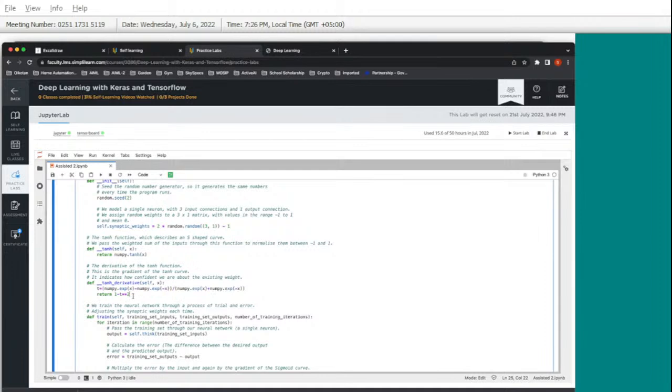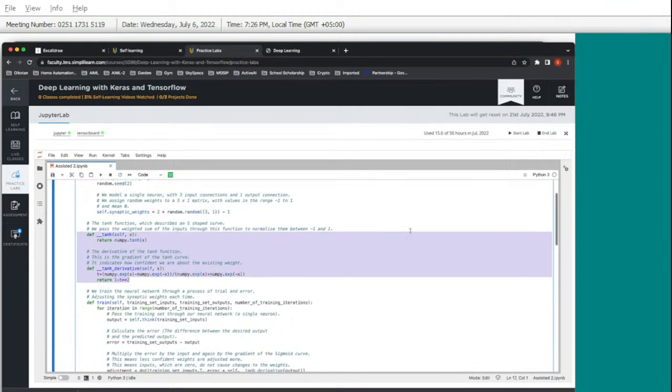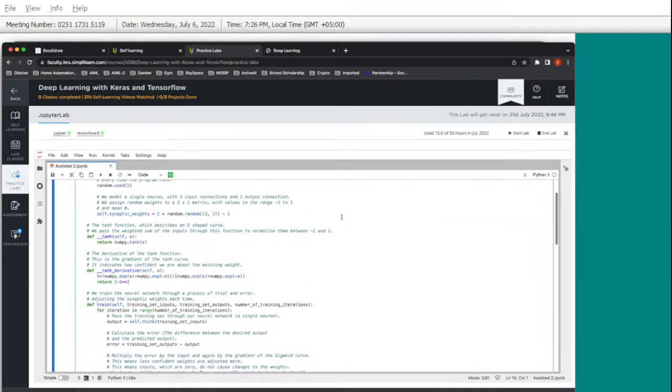So where did we do aggregation? We have not done the aggregation yet, right? So we have only given the activation. So in this case, all we did is the